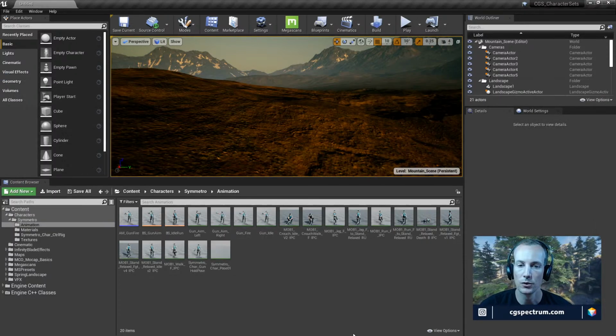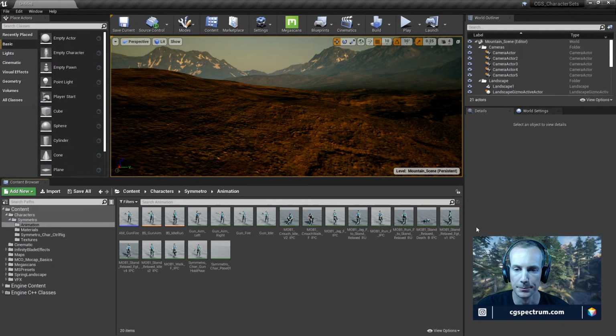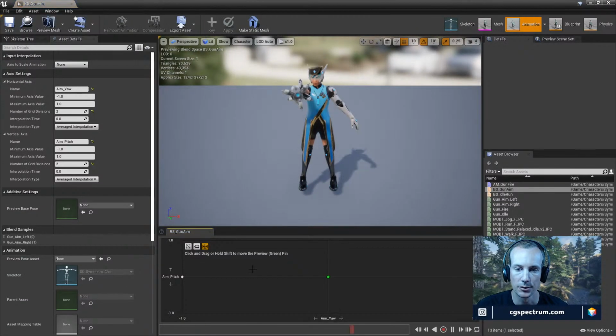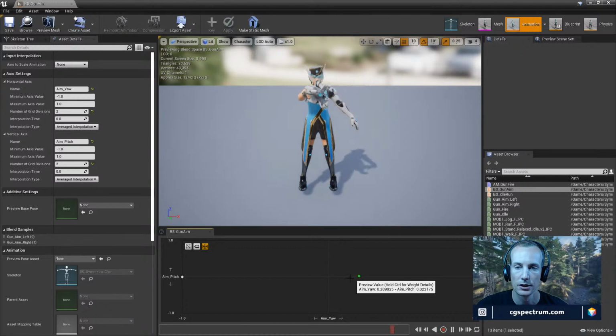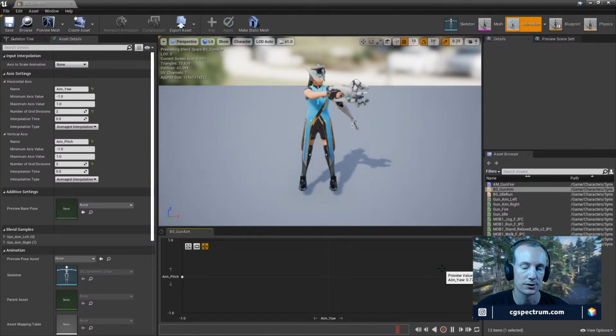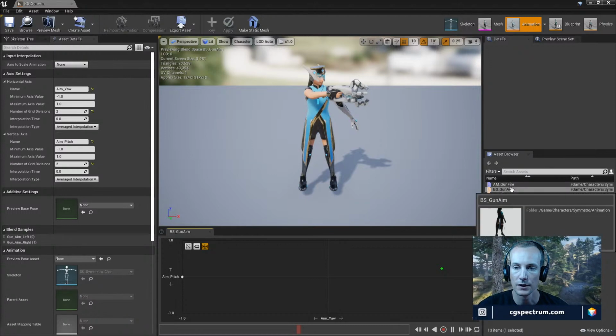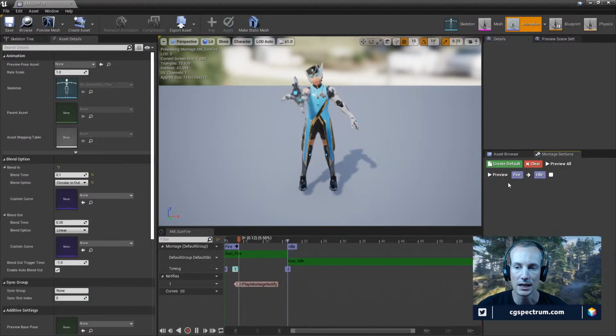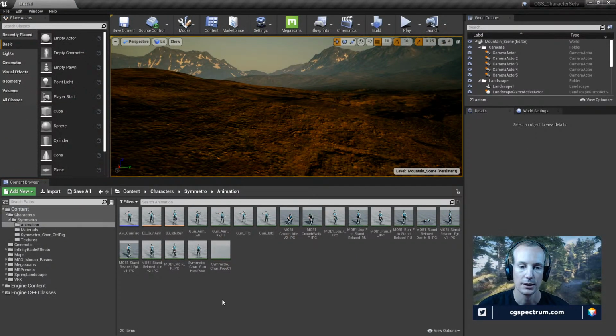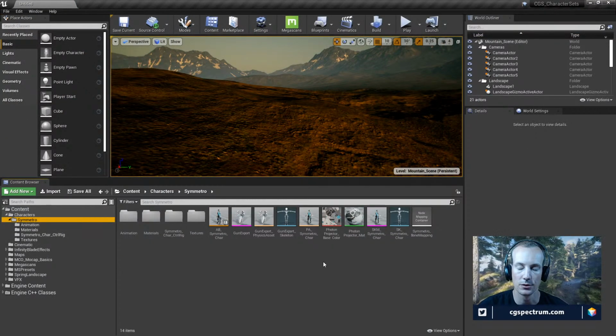What I want to do is put in a blend space. Last week we were talking about creating a blend space that allowed the player to look around in different directions with their gun, and it would help visually. Turns out I was creating a blend space, but there's actually a special blend space node called the aim